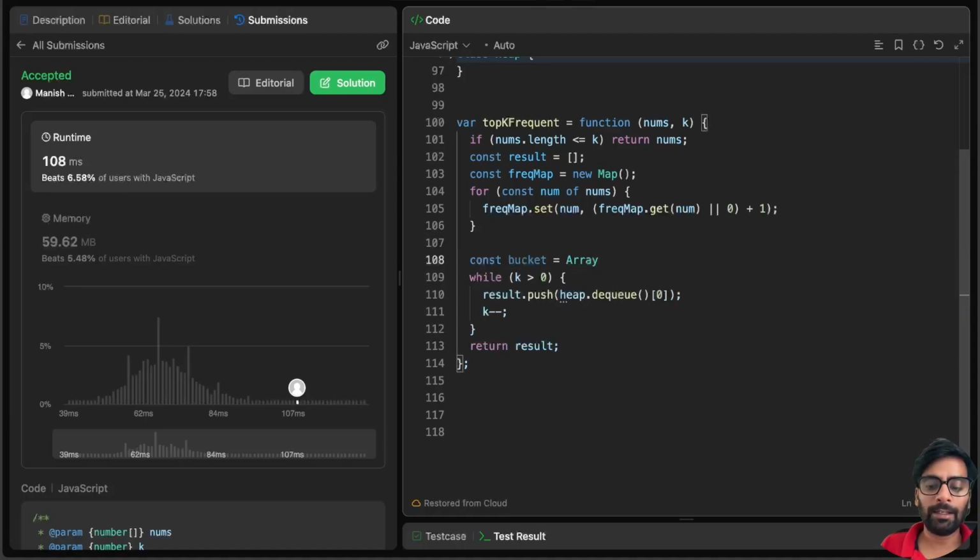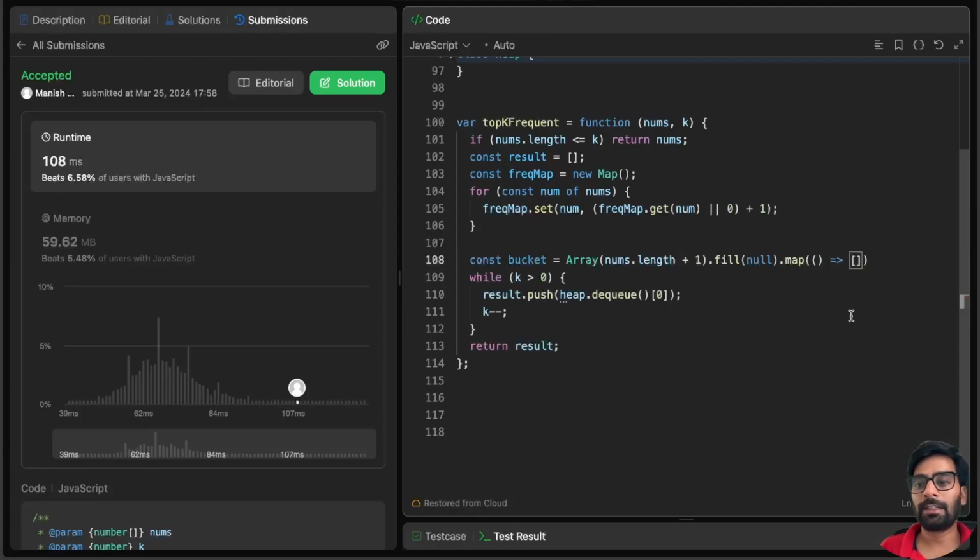So we need to create an array of size length plus 1, because a number can occur at most n number of times. Since we start from 0 and we want to have values till n, we want a bucket for number n. If I don't give length plus 1, I can have a bucket at most n minus 1. So that's why I have to give length plus 1, so that I can have a bucket for number n. And now we can fill it with null, and then map through this array,